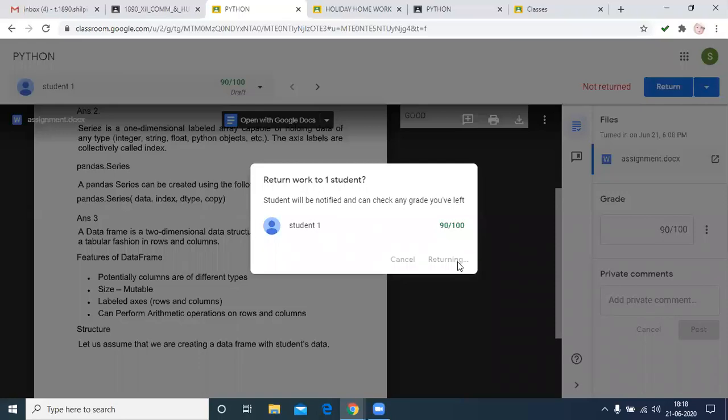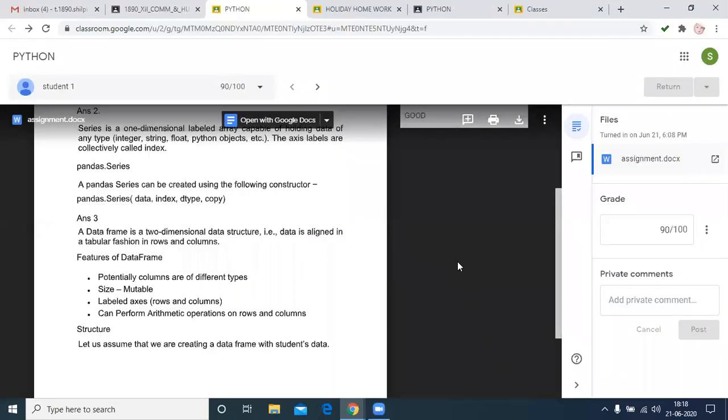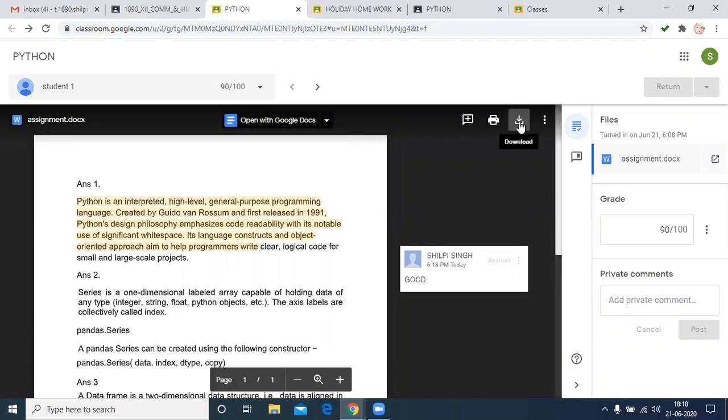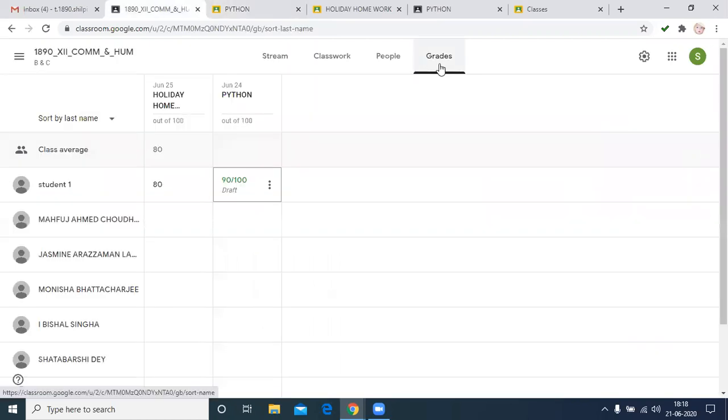The benefit of this is that the assignment and the holiday homework submitted by the student will be stored in the Google Drive. At any time, we can easily find or download the files submitted by the students. Then we can also check the grades at any time. These are the grades of the student. 80 out of 100, then 90 in this one.